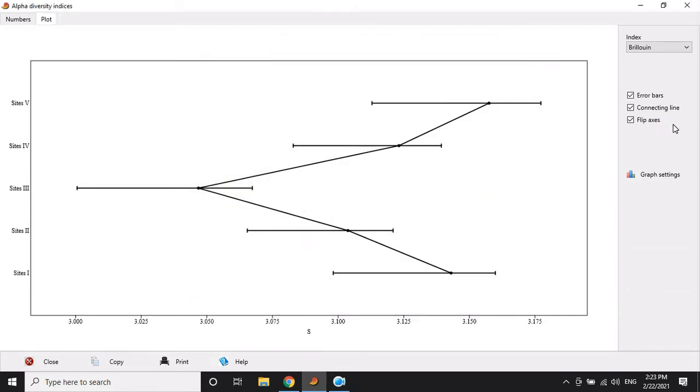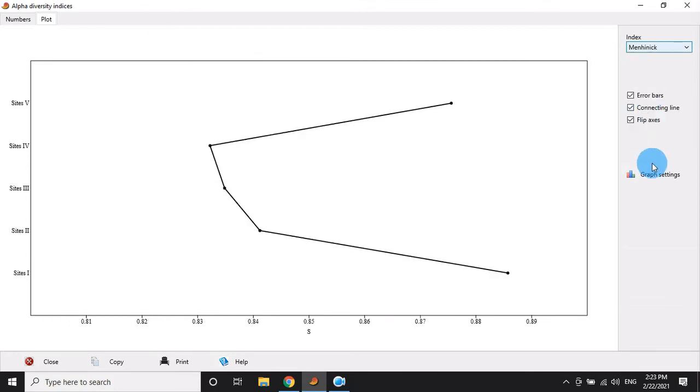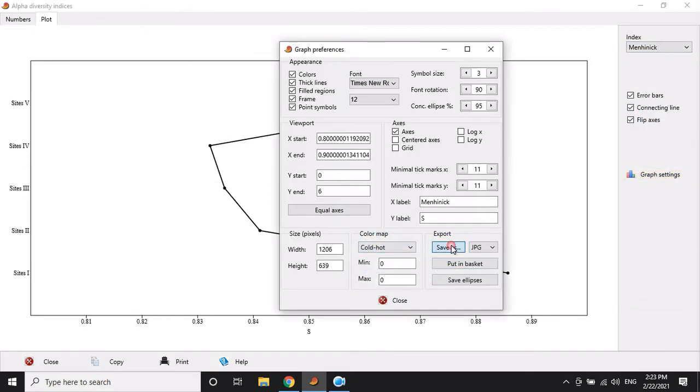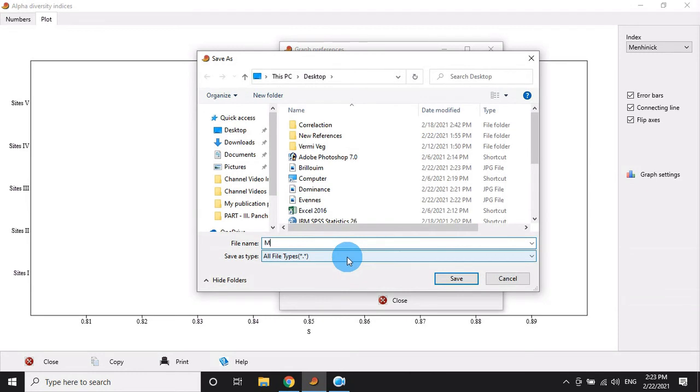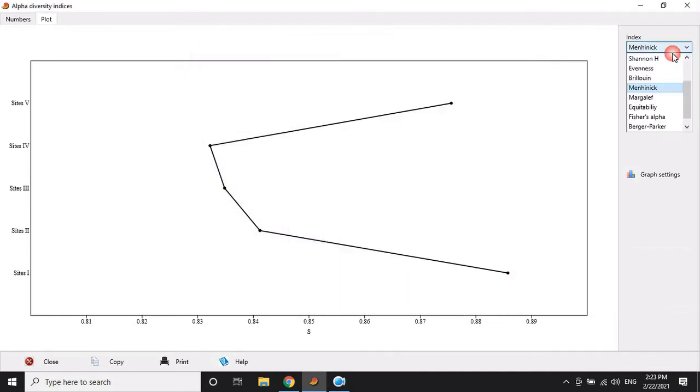Close, and the next index. Close, and the next index.